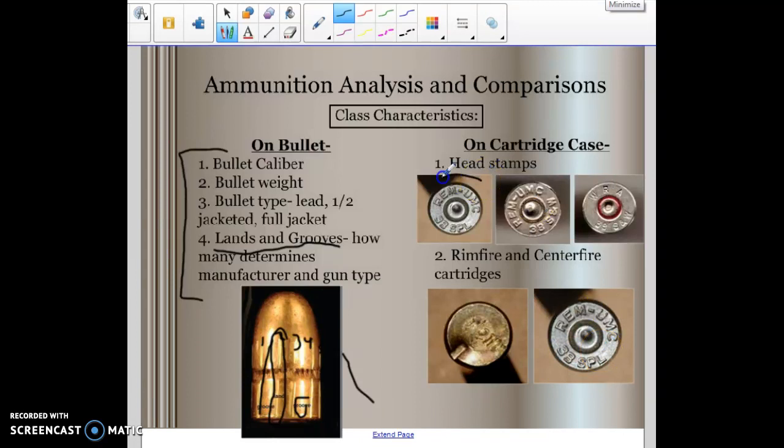The head stamp is kind of the letters that are on here. Like this one says Remington, UMC, and then it'll usually tell you the caliber down here. Like this is a 38. And so whatever is on the head stamp is a class characteristic. All the cartridge cases will look the same for that manufacturer and that